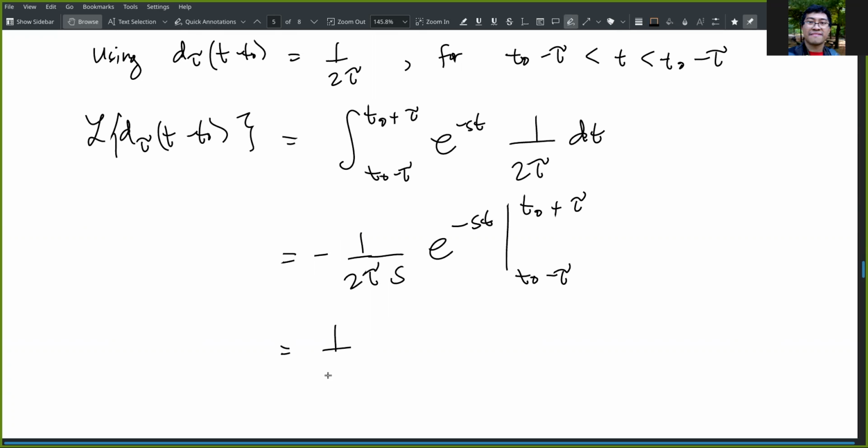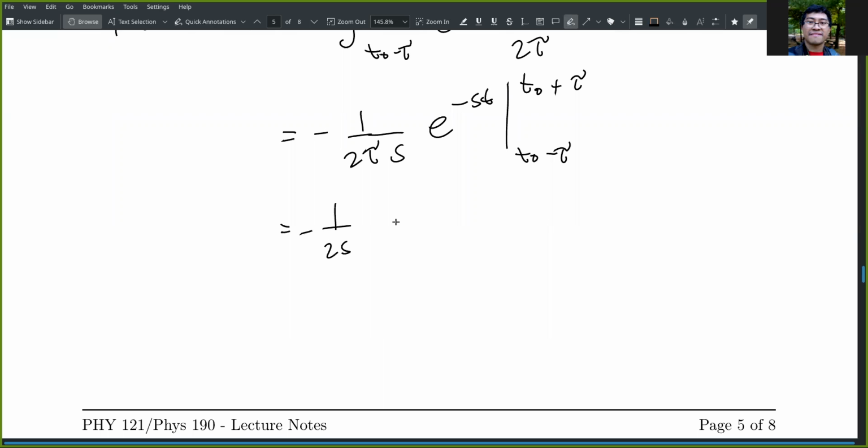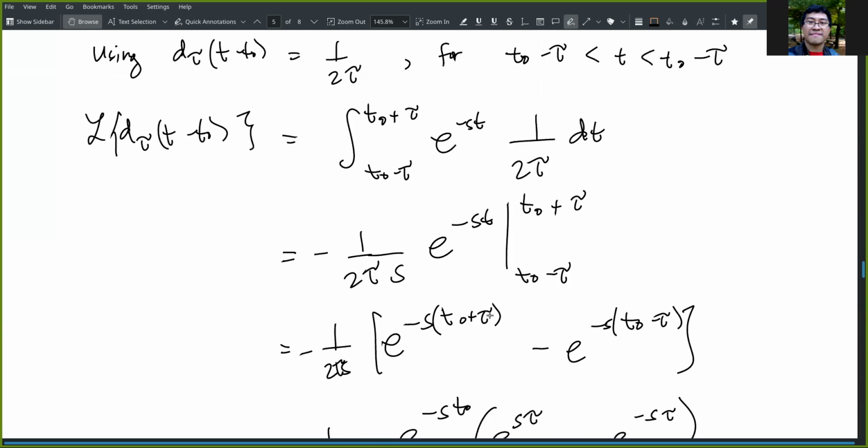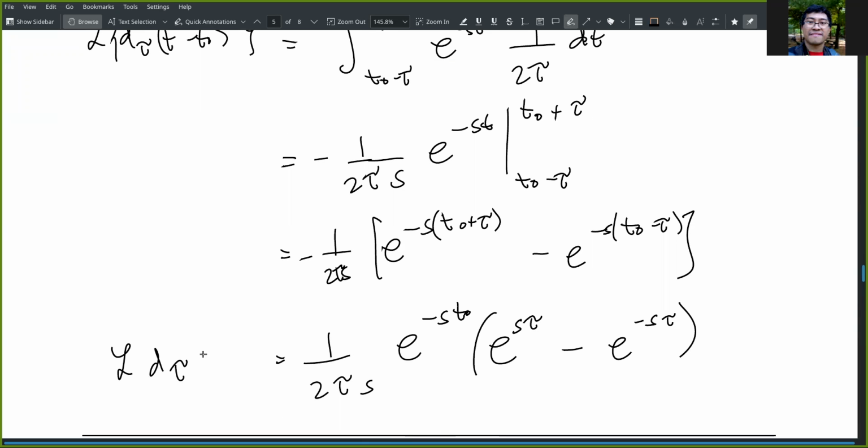So this becomes 1 over negative 1 over 2s, 2 tau s, e to the minus s t naught plus tau minus e to the minus s t naught minus tau. We can flip this to get rid of the negative sign. So we have e to the minus s t naught. We can factorize s minus t naught. So e to the minus times minus here, it's positive. So s tau minus e to the negative s tau. Okay, that's our form for